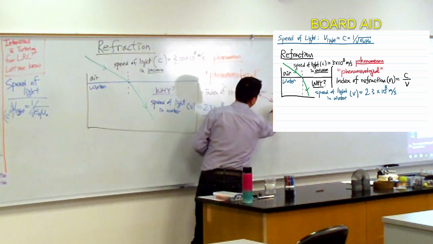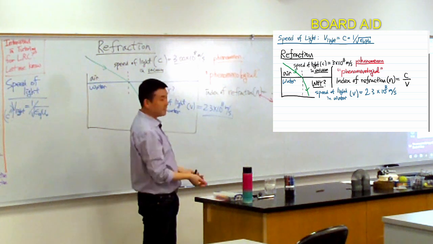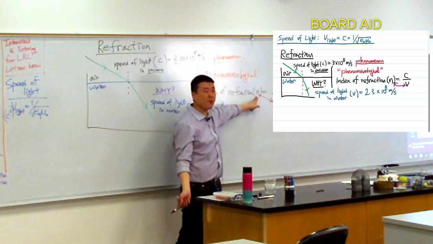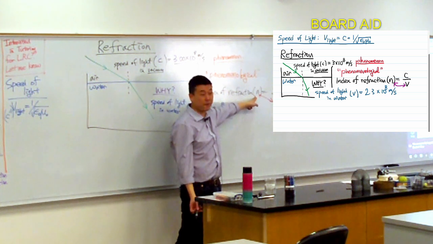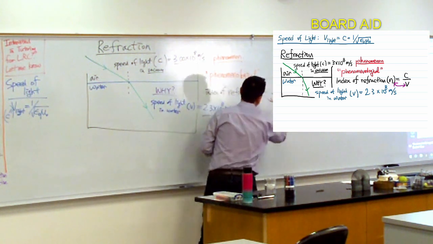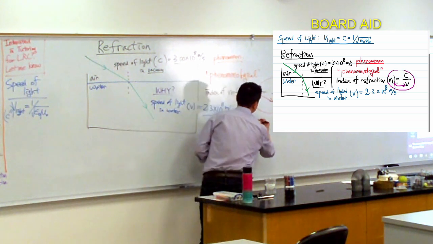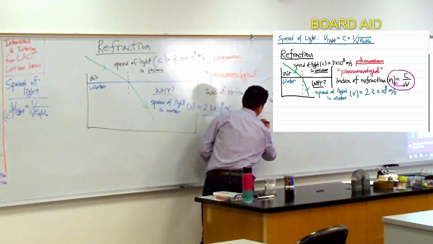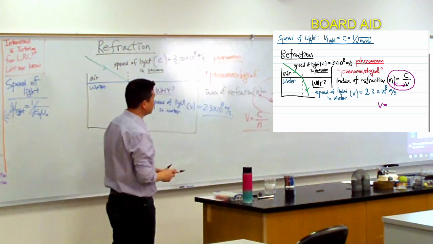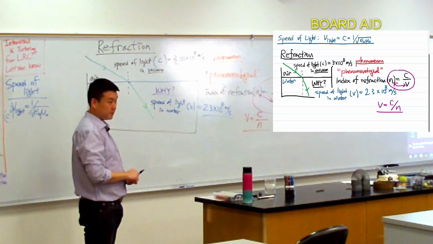This v is some kind of property of the medium, speed of light in the medium. And this index of refraction is essentially a way of expressing the exact same information. You could say, based on what we wrote down here, that speed of light in a medium is its speed of light in vacuum divided by index of refraction. So all of this is just a phenomenological description, as in